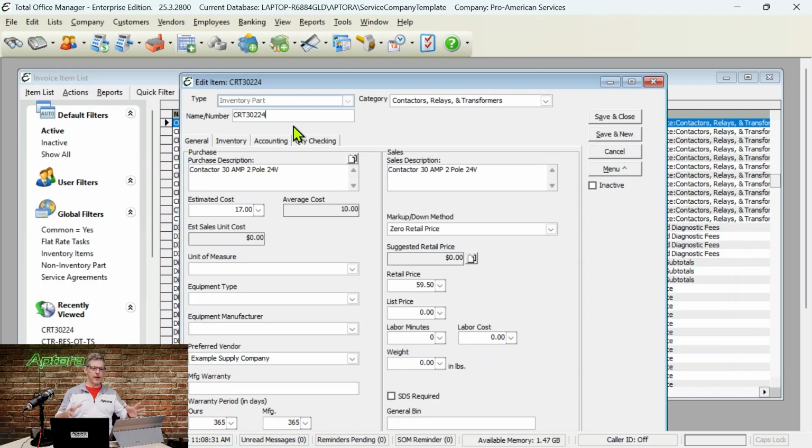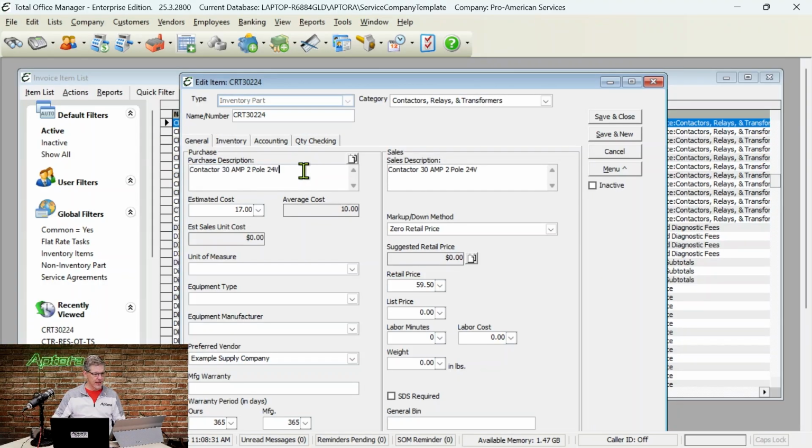Well, first thing is I'd organize all the contactors in one pile. Then I would divide it out by amperage. Then I would divide it out by poles. Then I would divide it out by control voltage. There isn't really any reason to put 240 volts on there unless you need to. But I left that off because we don't have any 460. So that's how I came up with my part number, CRT 30, 2-pole, 24 for 24 volt, and that's the